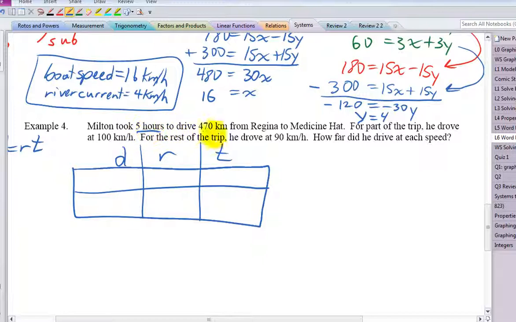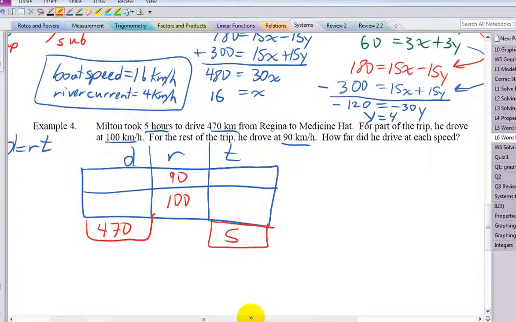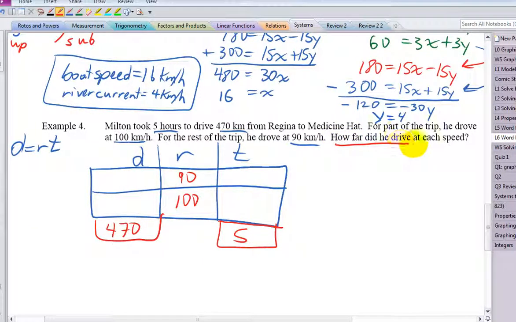Underlining important stuff. 5 hours, 470 kilometers. That's the totals. He drove part of the trip at 100, part at 90. So that's actually our two rates, 90 and 100. Our totals will be 5 for time and 470 for distance. I actually have to add on there. That's interesting. Okay. So the question is how far, or the distance,